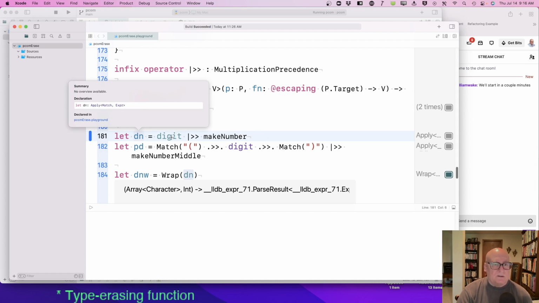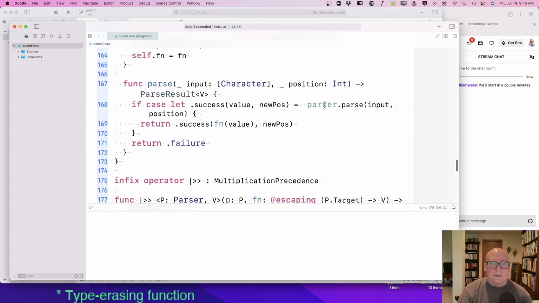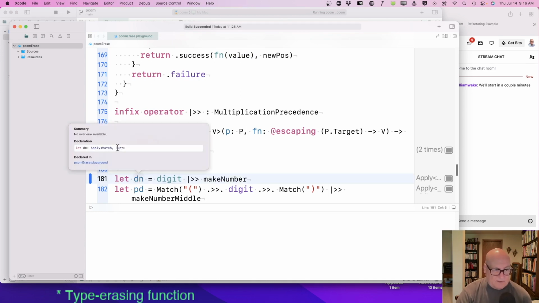It runs the parser on the input. If it succeeds, it applies the function to the value. So our parser here, if it succeeds matching a digit, then it's going to call make number on that and get back an expert type. And again, the parser, this ends up being the type it produces, parser result of expression.